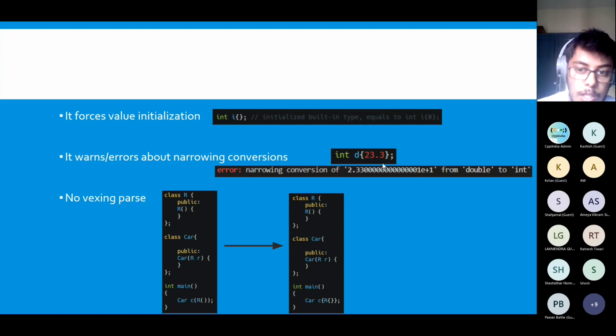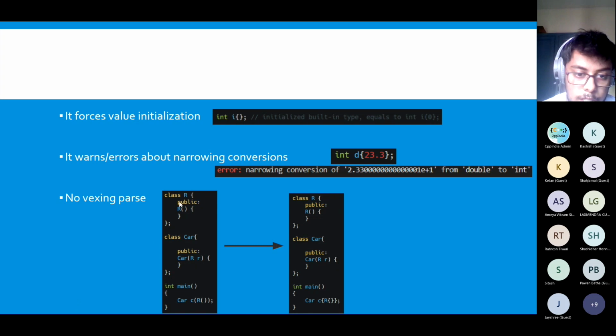Second thing is that one quirk of C++ is that you can assign floats to integer variables as well. That is not actually allowed while using uniform initialization. It will just error out, or it will warn that you are initializing an integer variable with a float. And there is one more case, which can take up a lot of time for you to debug. This is a bit tricky, the vexing parse, if you've heard of it. The vexing parse is something in which the compiler confuses object initialization with a function prototype, right?